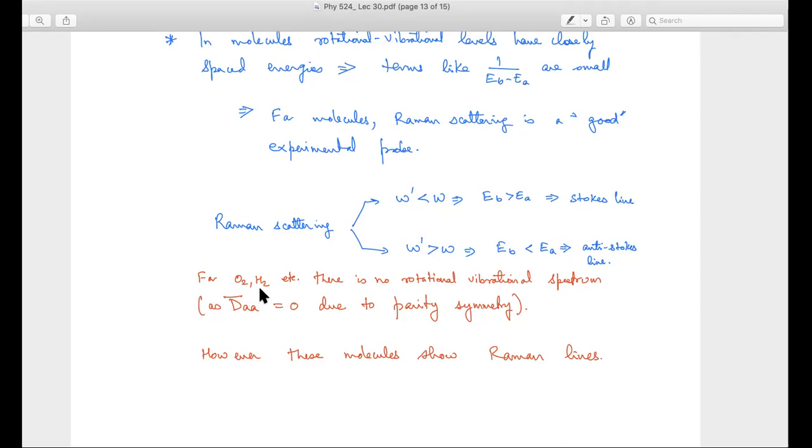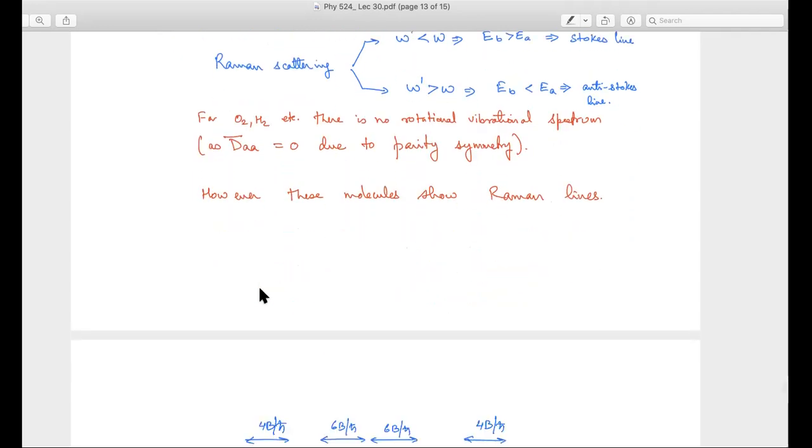If dA is 0, then I cannot get any absorption or emission spectrum for these rotational and vibrational states, basically. That was the important idea. But even if I do not get any absorption or emission states because of parity symmetry for these molecules,